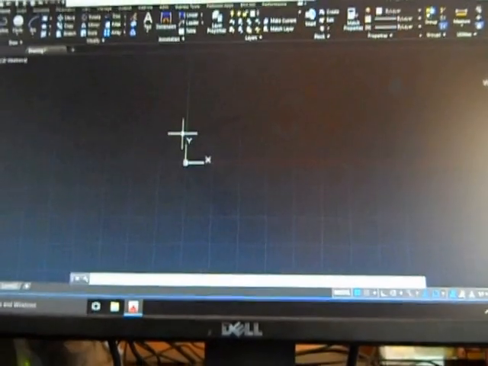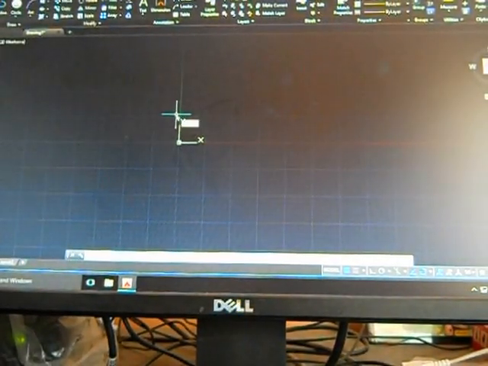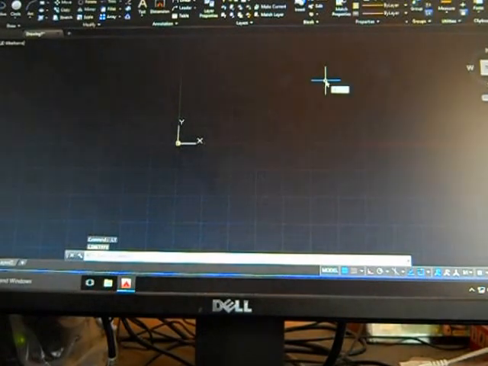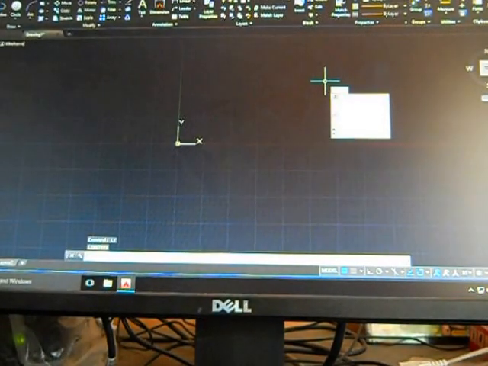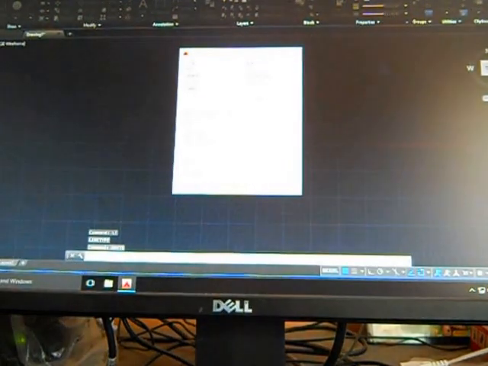The units are the main thing. Which unit do you want for this? For the unit, you need to adjust the unit in AutoCAD. To adjust the unit, you need to type UNITS, enter. The units dialog will come.